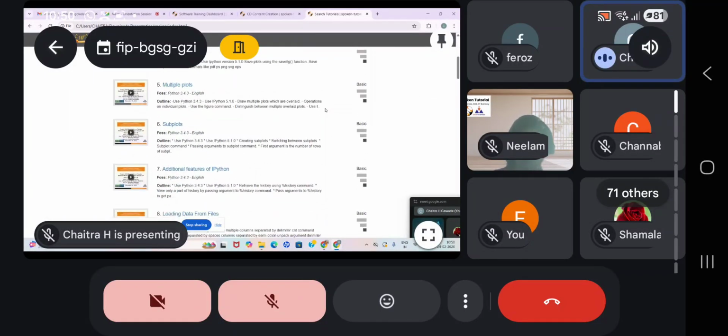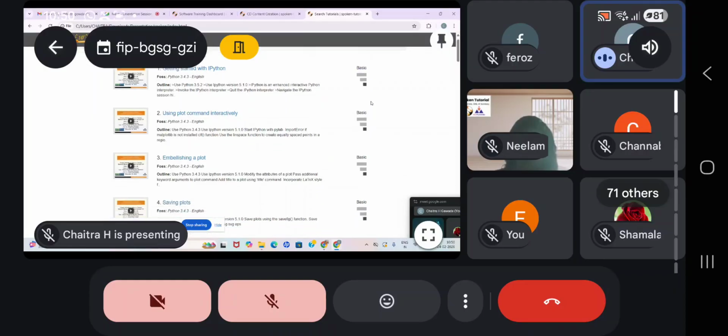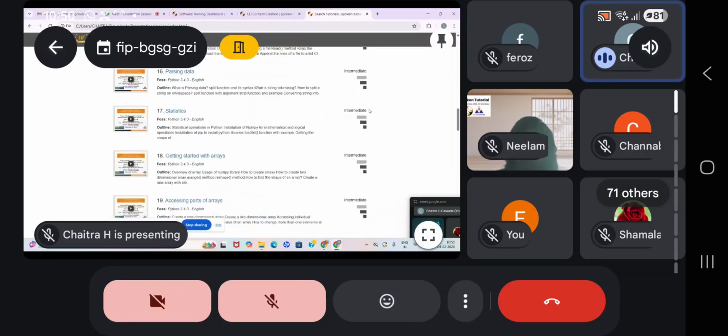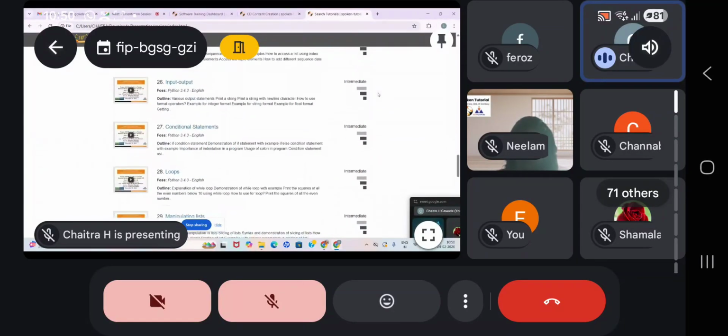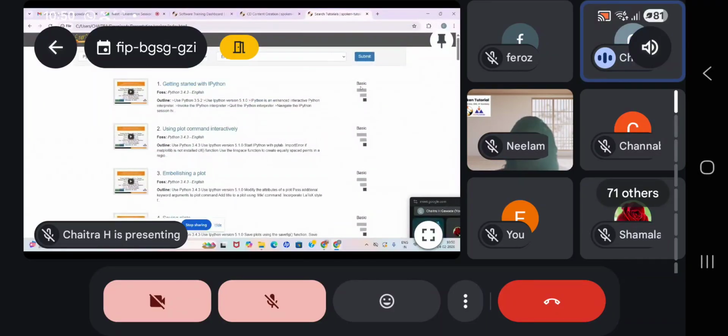Okay, this is offline, because I have opened it from the zip file. This is completely offline now. You can see the courses start from a very basic level, then move to the intermediate level, and then slowly move to the advanced level. So students have to watch these videos one by one.